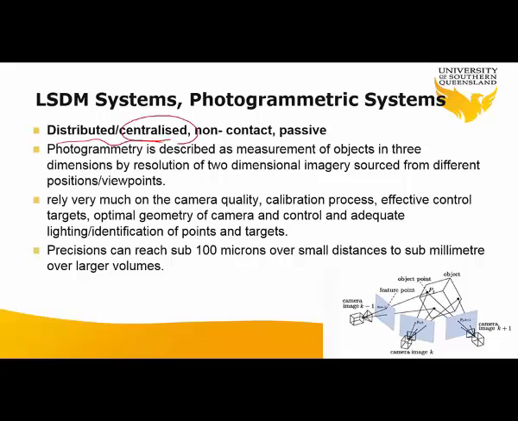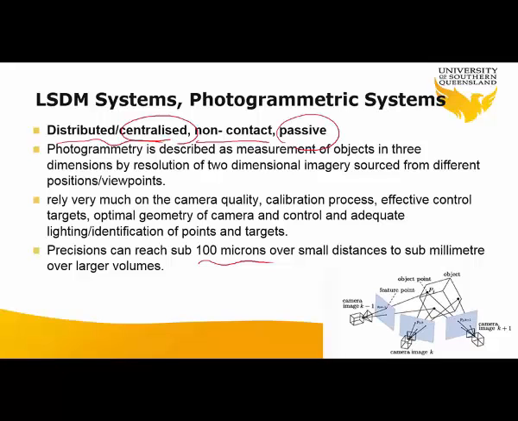Just be patient. And then it's non-contact, so you don't need to have a target, and it's passive. It's using the natural light source rather than sending a laser or sending a light itself. So photogrammetry is a very useful tool, especially it's very cost effective. It can give you a good accuracy of up to 100 microns over a small distance, and for many of